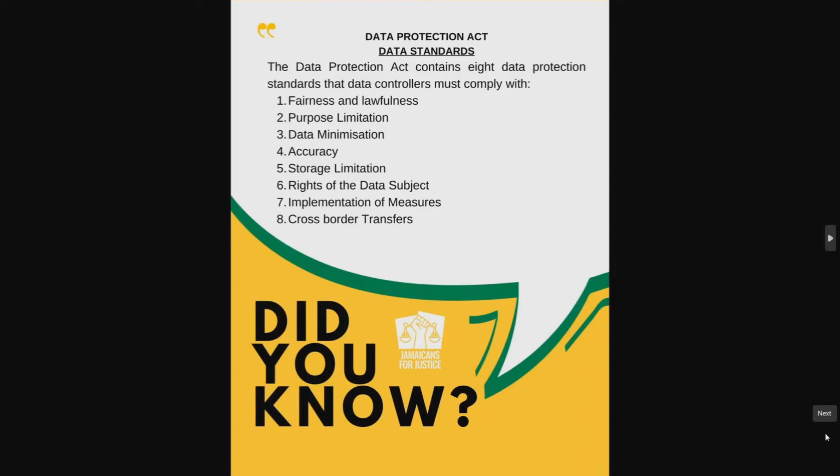So you should get as much data as you need, but only to limit it to the purpose of what you're getting the data for. So you shouldn't get more data than is necessary for the process. Accuracy, that your data is to be kept accurate, that if there are changes to your data, you are allowed to make those changes or apply for those changes to be made to your records. Storage limitation, so the data should not be kept for longer than is necessary. I know there's a time period under the Act, and we can ask the Commissioner to speak to that as to when your records are to be destroyed after processing.